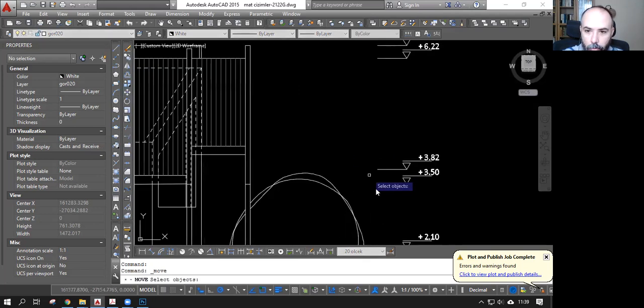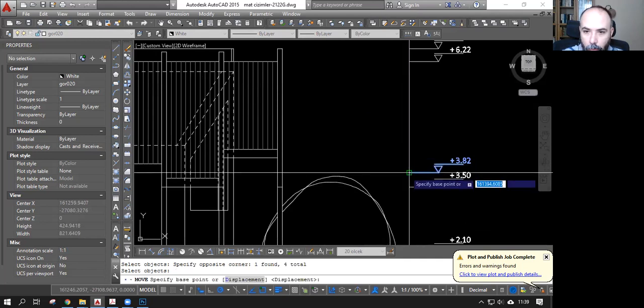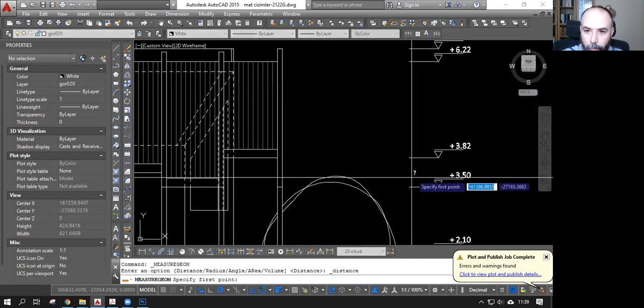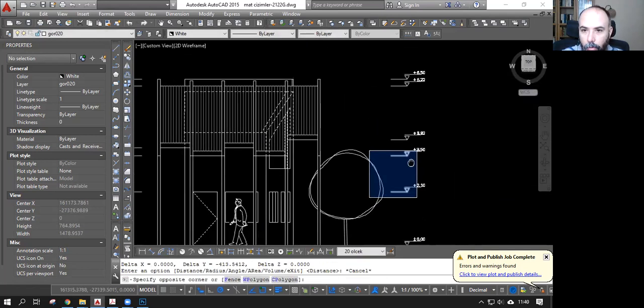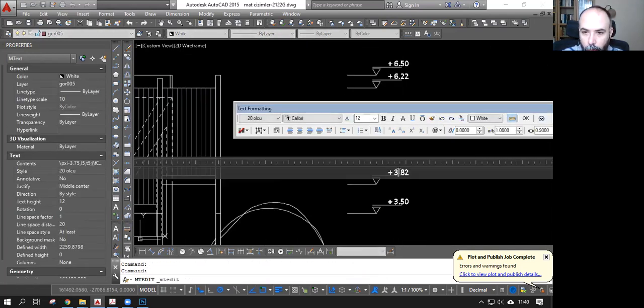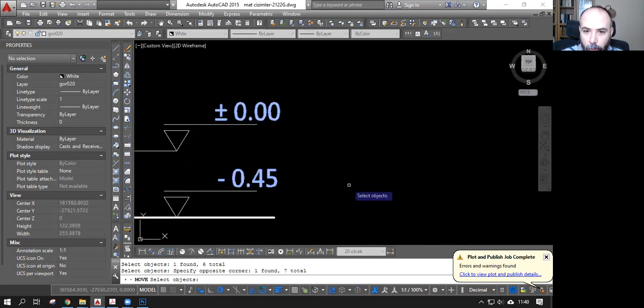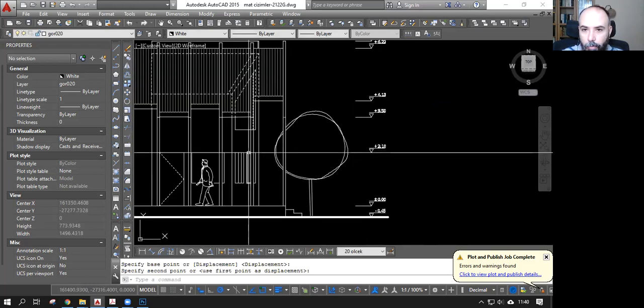So I will change the position of this level mark this time. It needs to go up here. And of course, I need to change the number. Now I am going to measure it. So it's 413. It will be plus 413. And I'm going to reposition these numbers as well, because they don't look good. And like this, okay. So this is the upper surface of the